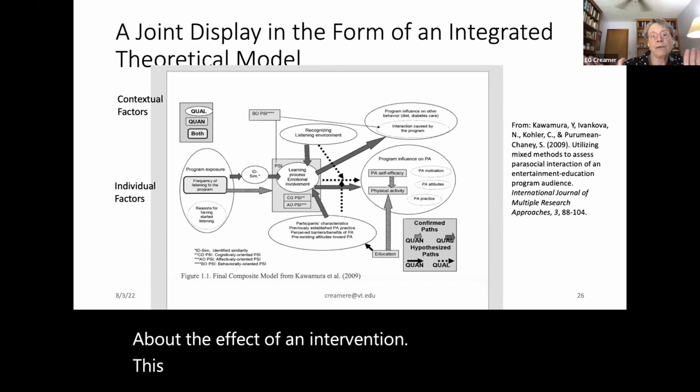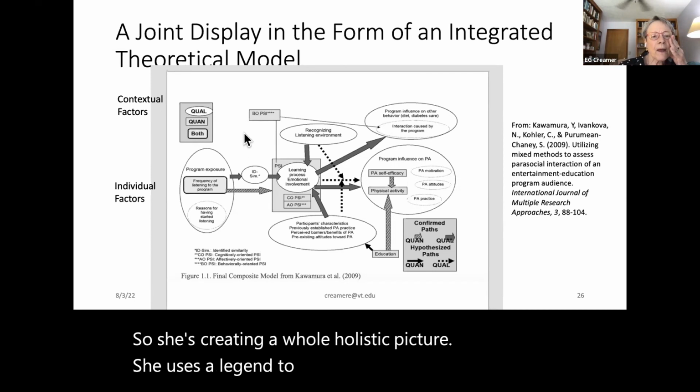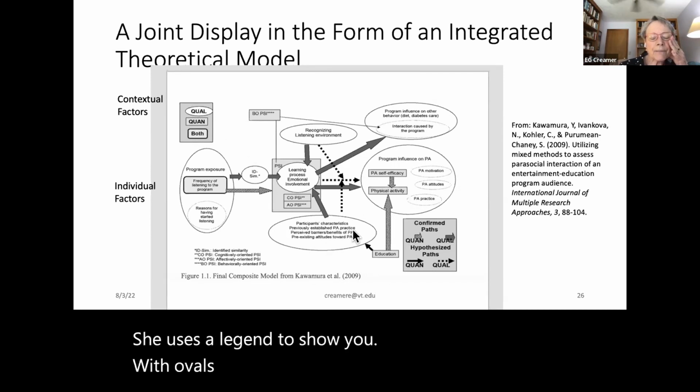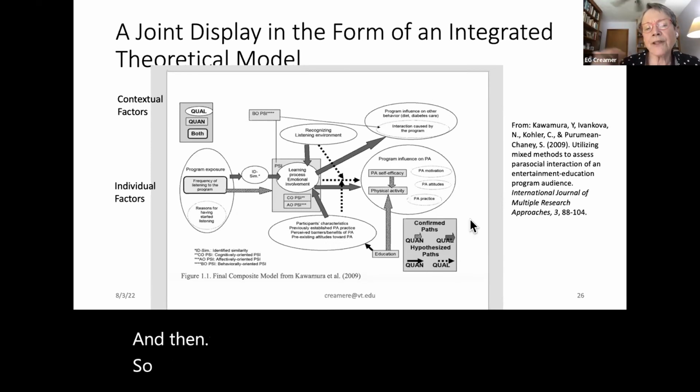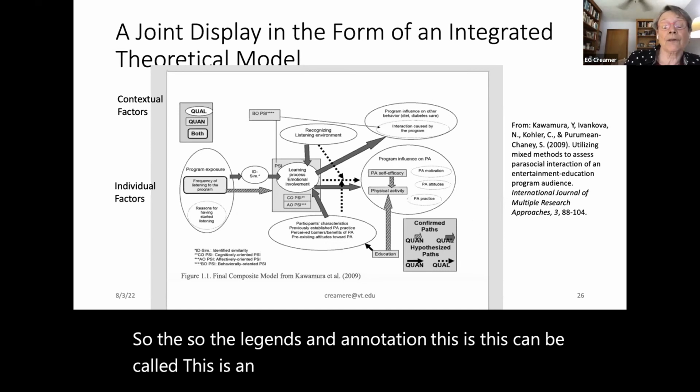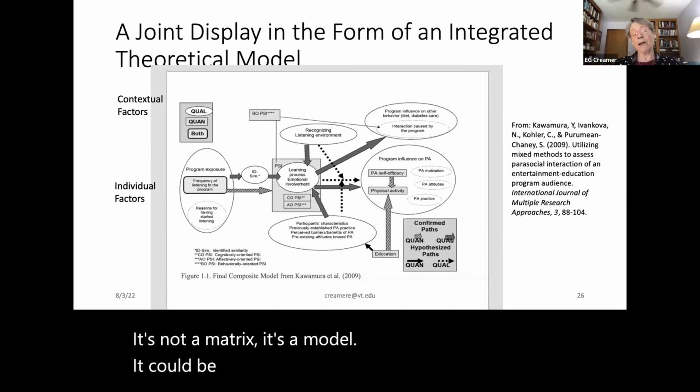This is an endpoint. So she's creating a holistic picture. She uses a legend to show you with ovals her qual data, a rectangle her quant data, and then these soft borders where she has data on both. And then, so the legend and annotation, this can be called an integrated results matrix. It's not a matrix, it's a model. It could be called an integrated theoretical model,